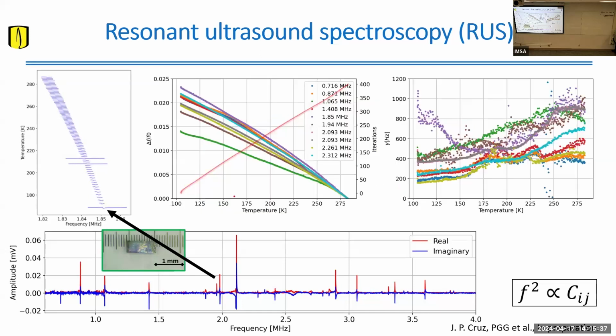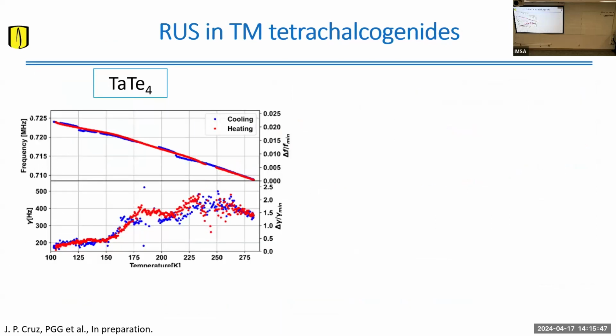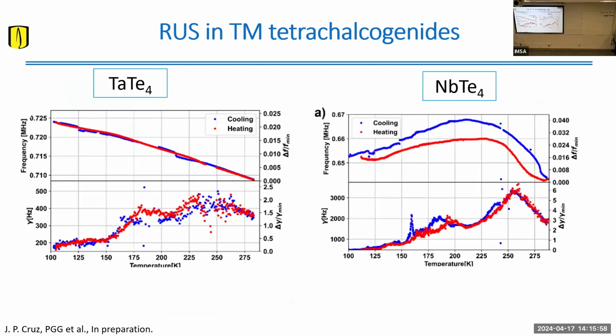And you can do that for all the different resonances in your system. So this is how the frequencies are changing as a function of temperature and the width of these resonances. For tantalum tellurium-4, we see there are some jumps, which are technical details with the thermal stability, things that you don't need to pay attention to. What you need to pay attention to is the gross differences between the tantalum tellurium-4 and the niobium tellurium-4 in the process of cooling and heating, which means a thermal hysteresis effect for the niobium tellurium-4 and not for the tantalum tellurium-4.